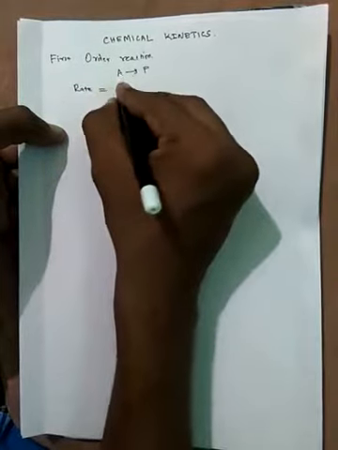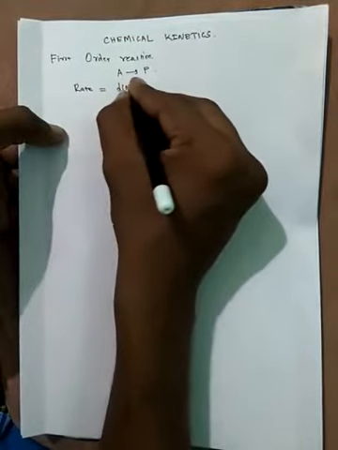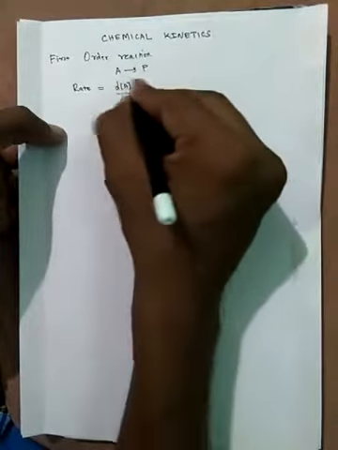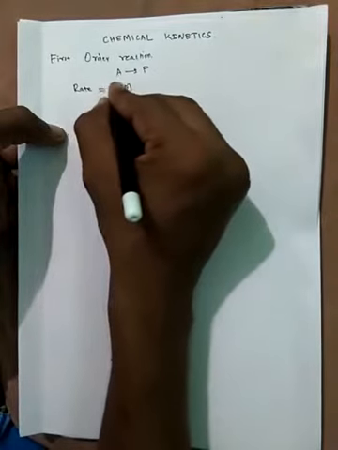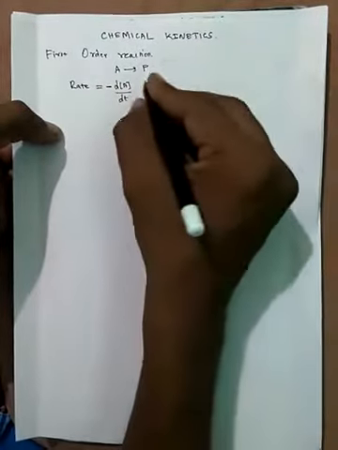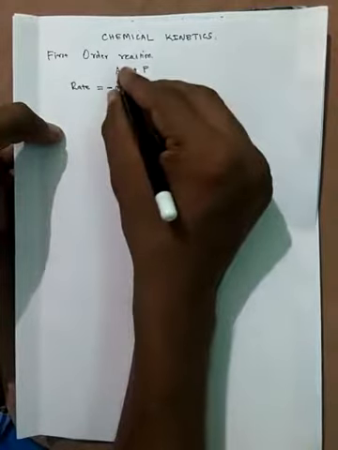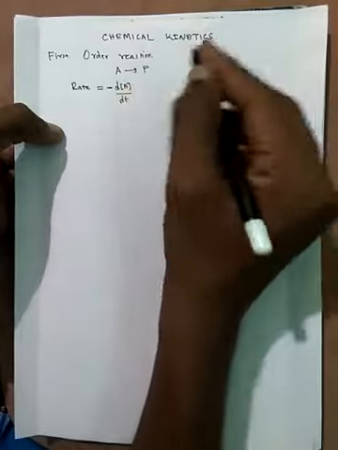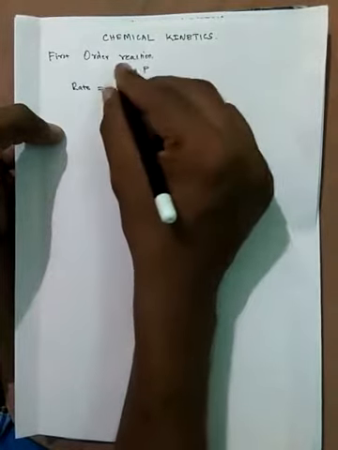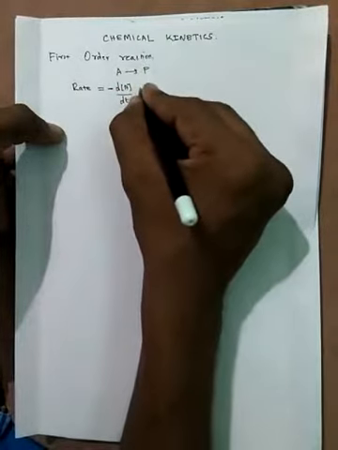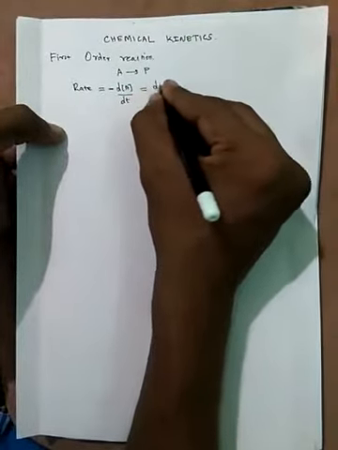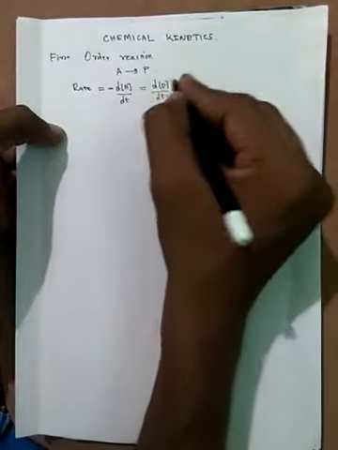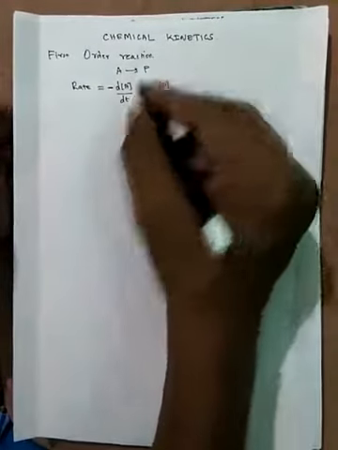I'll write the change in concentration of the reactant A with time, with a minus sign because the reactant concentration decreases. This is how we represent the rate of a reaction in terms of reactant, and in terms of product I can write the change in concentration of product with time. So this is how I represent the rate of this conversion.